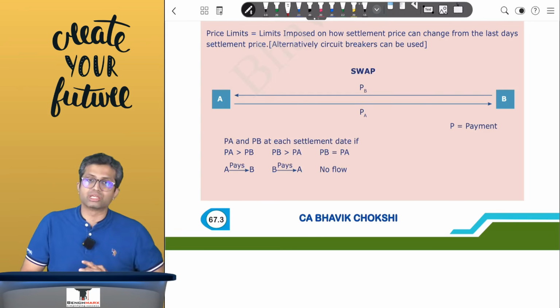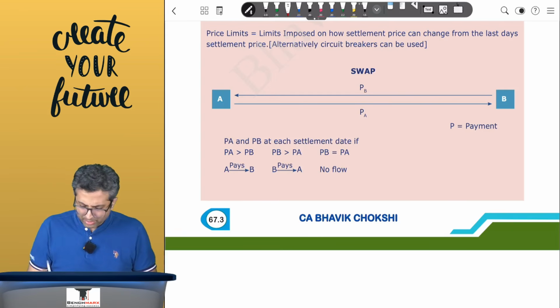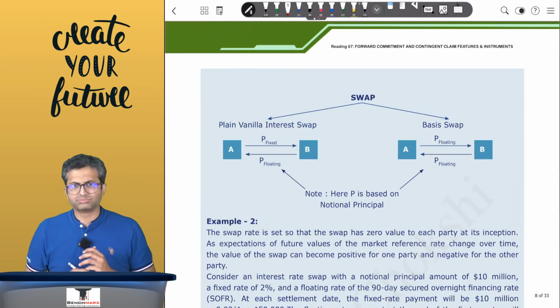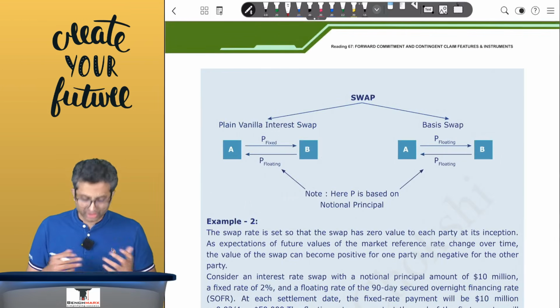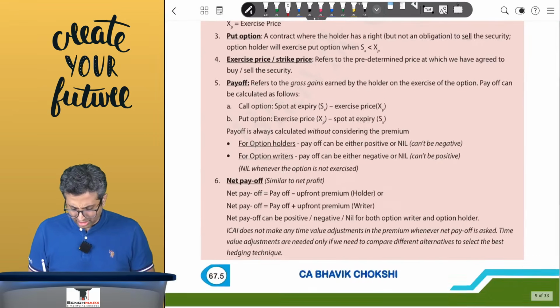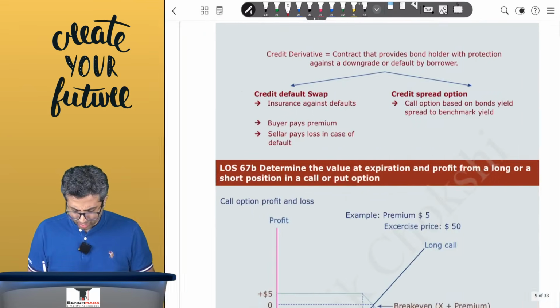This is usually in case of a swap. So in case of swap, the settlement will happen on a net basis depending on the terms and conditions which have been agreed. Now a special type of a swap would be, just a second before we discuss options,